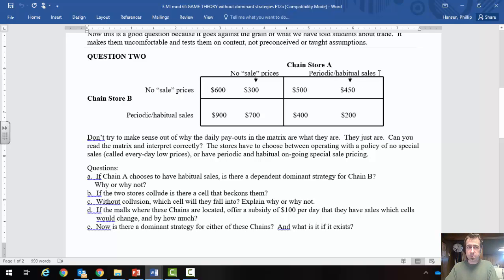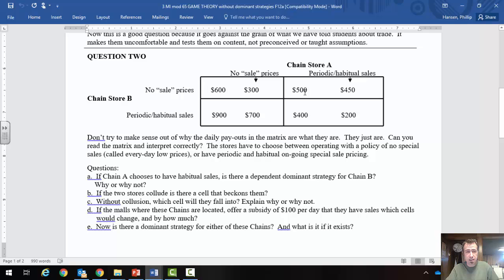So that means that we can either do no sales or we can have habitual sales. If we do no sales, that's going to be 500 payoff profit or 400. So do we have, as it says, a dependent dominant strategy? Yes, we have a dependent dominant strategy. We are going to get